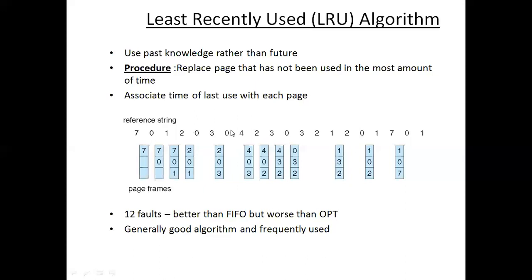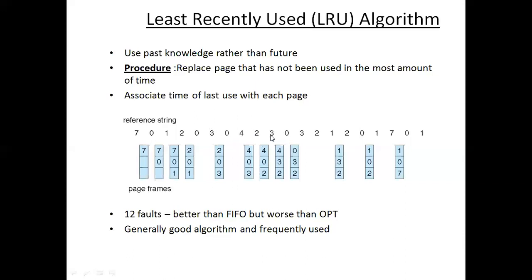Look, when I say look at the previous 3, you should look at 3 different pages. Now page 0 has been repeated, so you look at 4 previous pages. 0, 3, and 2. Which was not used recently? 2. So remove 2 and put 4. Okay, now 2 is coming, it's not there. So look at 3 distinct unique pages. Which was not recently used? 3. Remove 3 and put 2.